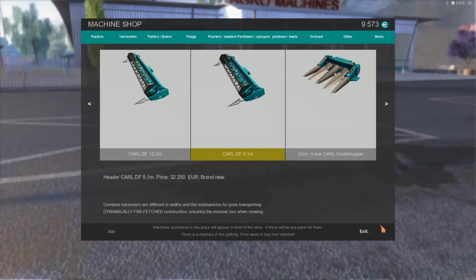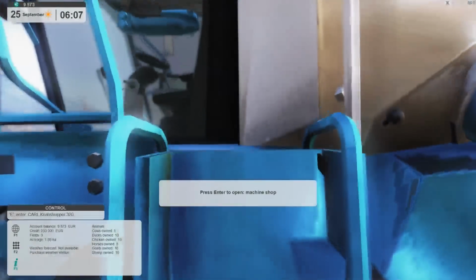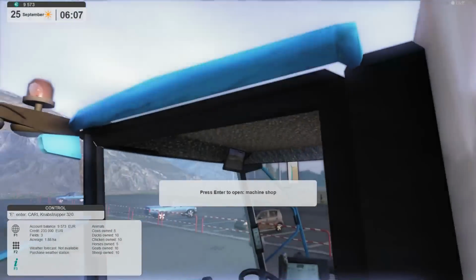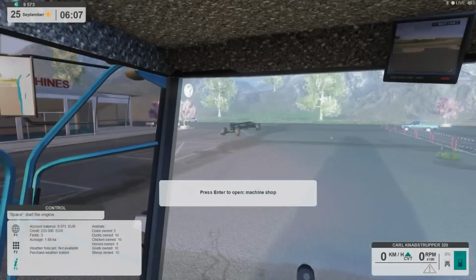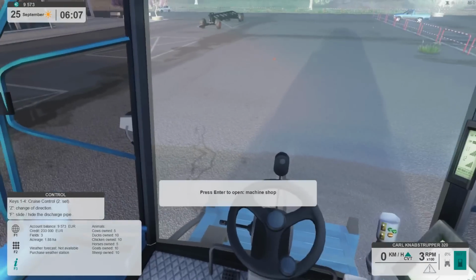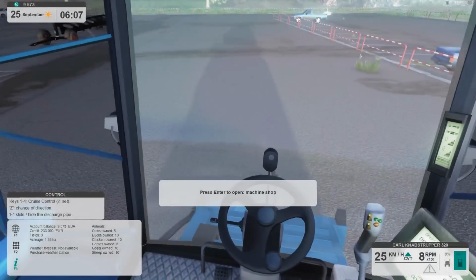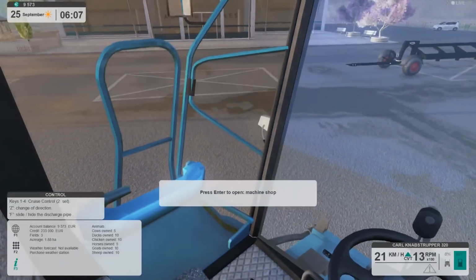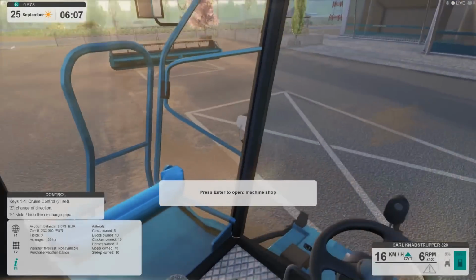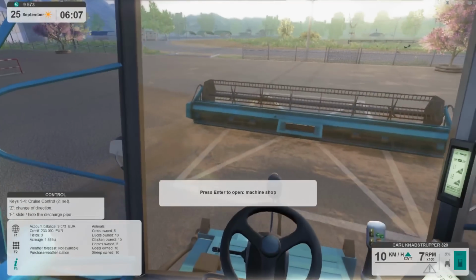I wish I could get the bigger one, but I think that realistically we're not going to be able to drive down the roads without getting the DF trailer. Plus, it'll be a little bit easier to harvest with the narrower one because I'll be able to see. I can actually drive in cab. No, that's huge. Yeah, I'm glad we got the trailer. There's no way I could even get this out of... Well, I might be able to get out of the parking lot, but...